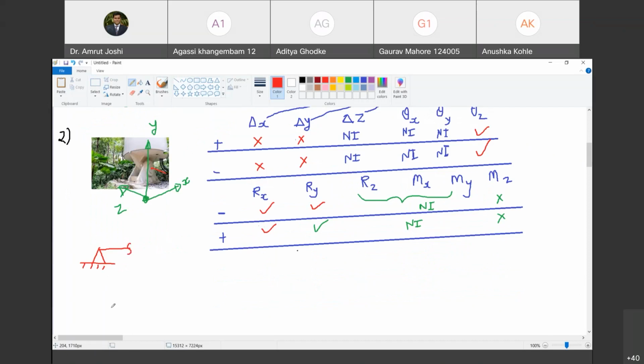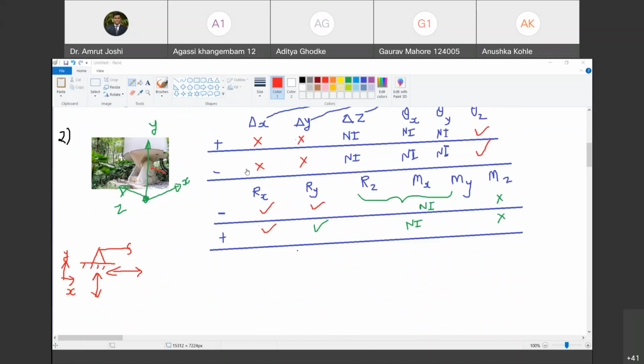Are you with me? Yes, sir. So it can be denoted like this. What kind of reactions can it offer? If I call this x and this y, then it can offer reaction in y direction and reaction in x direction, plus minus, so I will show arrows on both sides. Are you with me? Yes, sir. So two orthogonal force reactions can be offered. It cannot offer Mz, that is moment reaction. It will not be able to offer. Do you agree with me? Yes, sir. Okay. Can you give me an example of hinge supports in real life?